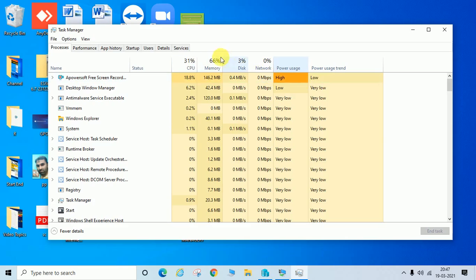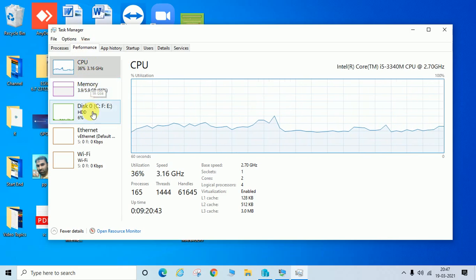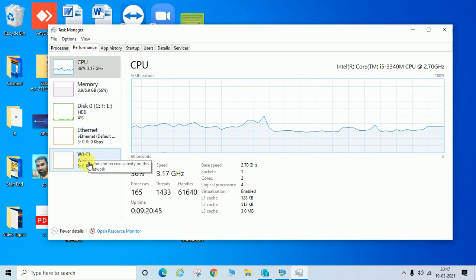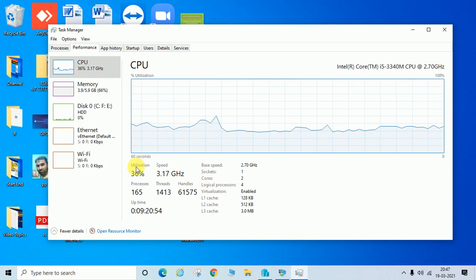So now we'll see what we can do and what things we can manage and check from here. If you go to the performance option, you can see the CPU, memory, disk, Ethernet, and Wi-Fi options. For CPU you can see the usage 35%, and utilization also 37, 36.